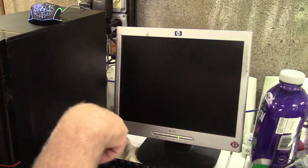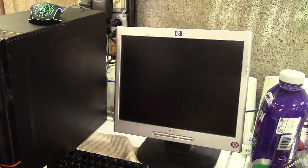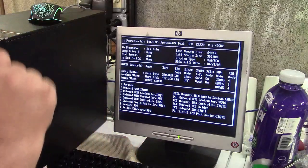Of getting it right in there. I'll just choose the boot menu for now, because I'm not sure what I want to do with that 320 gig drive. In fact, I got to boot back up off of that anyway, but just to end the video out,